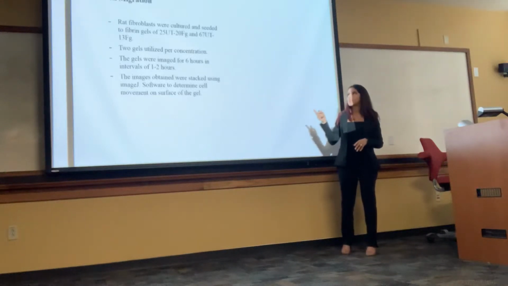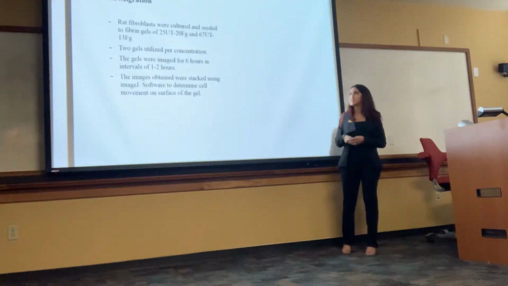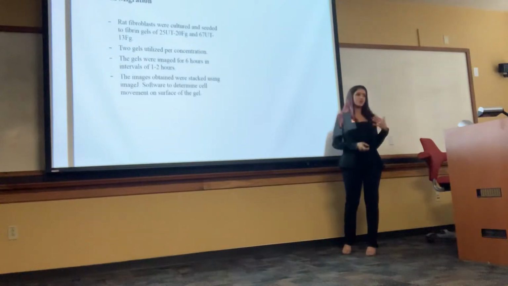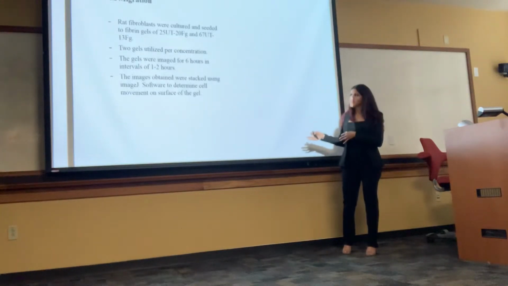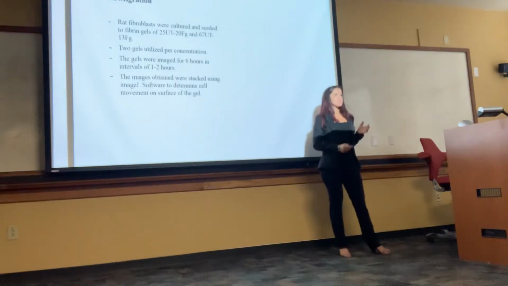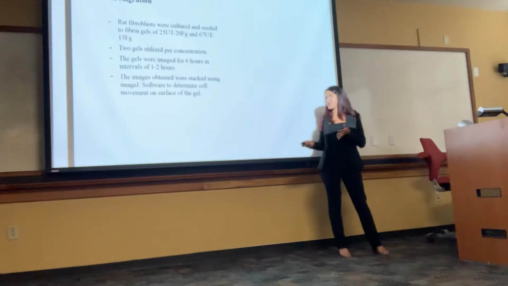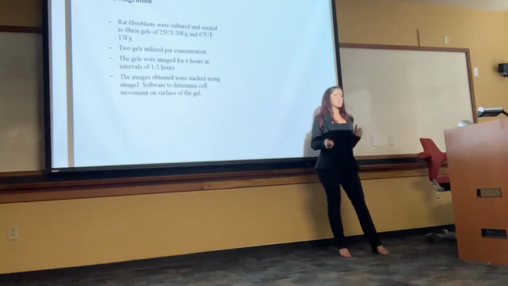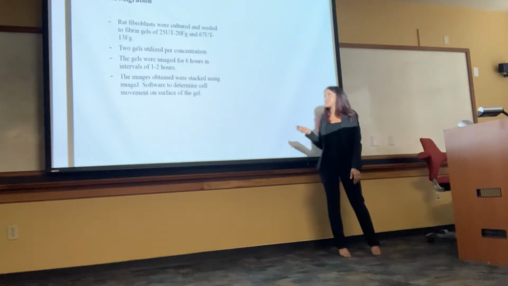the 25 units of thrombin to 20 of fibrinogen, and 67 units of thrombin to 13, and that also gives us a very wide range from very little thrombin to high concentration of thrombin. We used two gels per concentration, and they were imaged for 6 hours in 1 to 2 hour intervals. And then we used the ImageJ software to stack the pictures and see the cell movement on the surface of